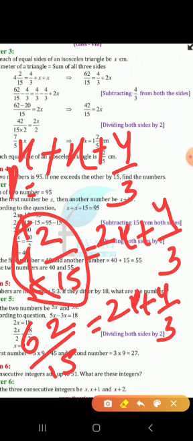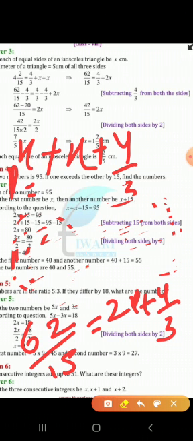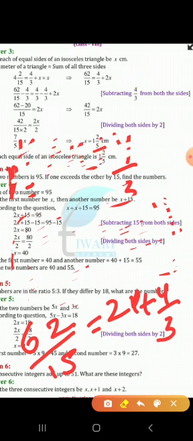Now here, what's the thing? Now LHS and RHS we will try to solve so that we can find the value of x. Now see here, the variable is x and the term is 2x. And the constants are, on the LHS it is 62/15 and on the RHS it is 4/3.